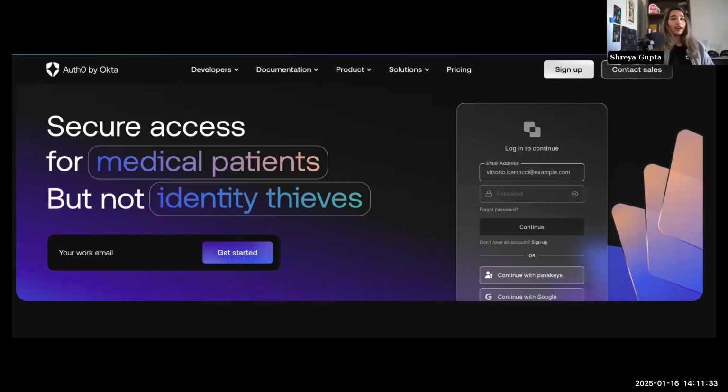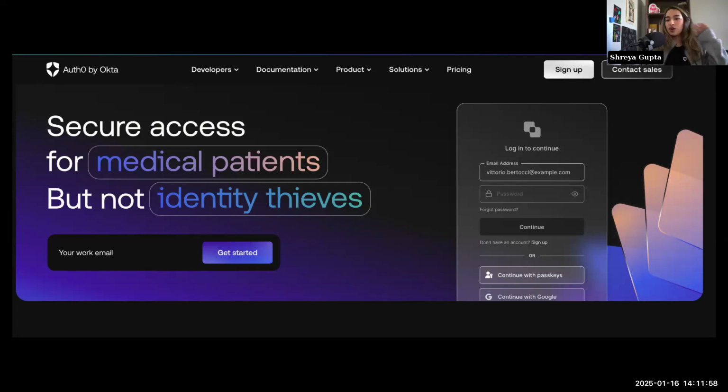Auth0. Yeah. I'm sure a lot of people here are already familiar with it, so I'm not going to dive too deep into it. But you're building an application, you want users to be able to log in and have their own personalized experiences. That's the login screen, and that's what Auth0 is out of the box with the username, password, and then you can make it as simple or as complicated as you need it to be, depending on your requirements